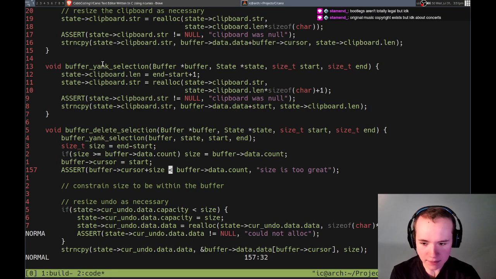What is that? Oh, assert that it's less. Okay, yeah, so that is right. Less than that, but also we delete stuff, right? So,